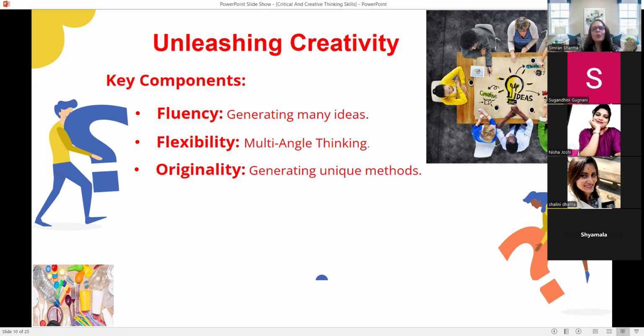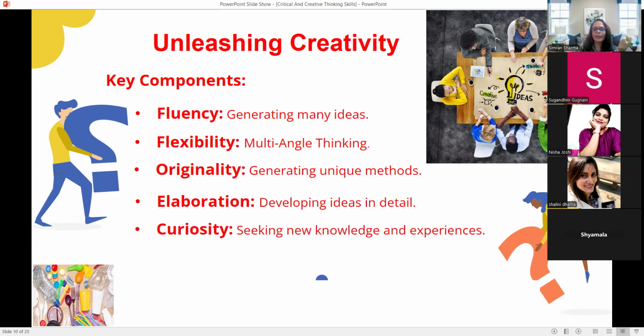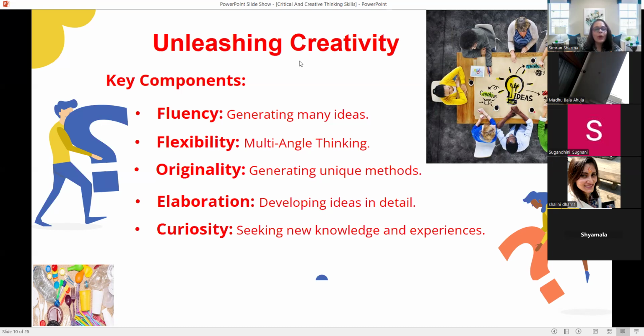Like, don't go for a door to door campaign, nobody is interested. Rather, go for designing an app where everybody is connected and will get day to day updates. Elaborate on that, like how that app would be, whether it is only a basic one, or you want to have some rewards also in that. Curiosity: looking at different solutions, the most important thing here is to look at it from a very different angle that shows curiosity.